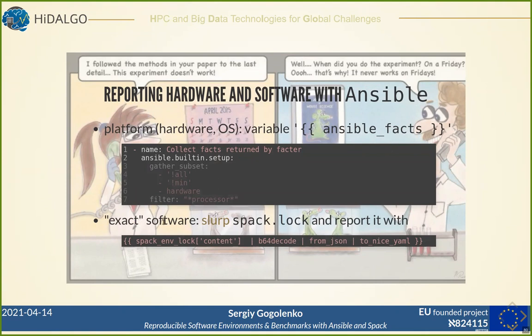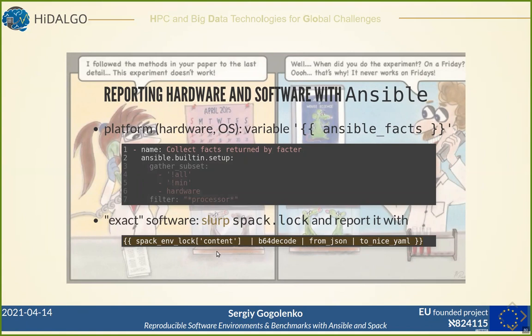Then in order to report software, on the other hand, you can simply slurp the environment log file for the environment which you want to report, and then transform it to the YAML file with the following syntax